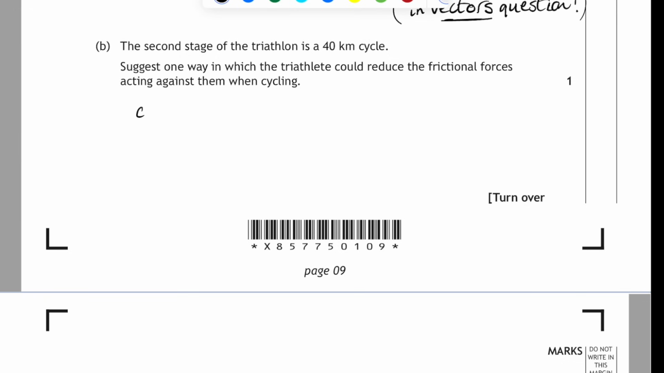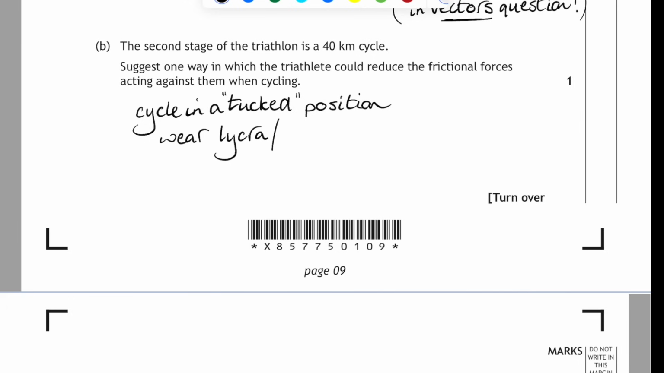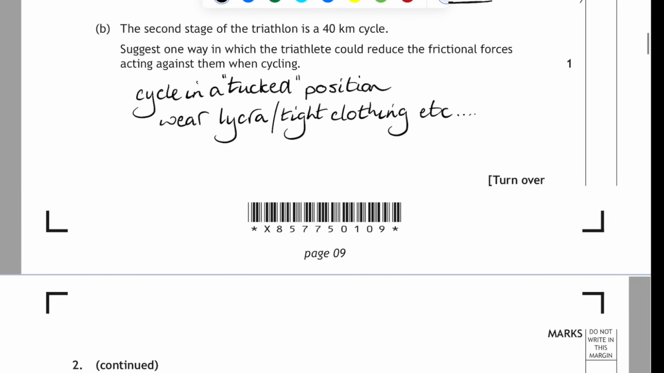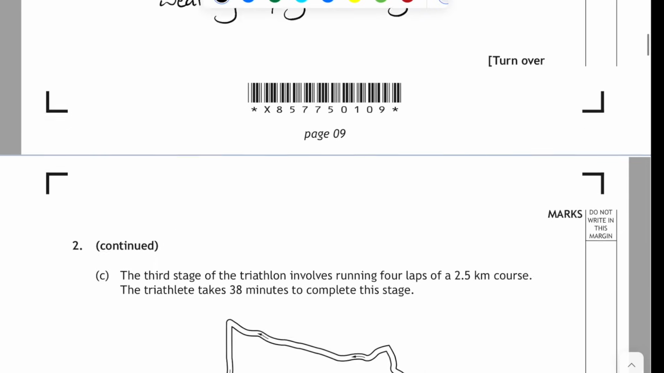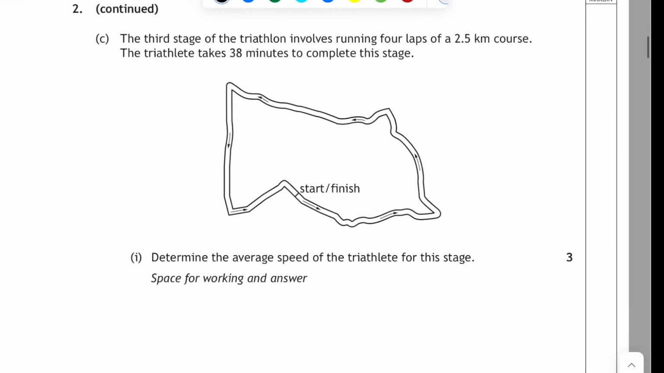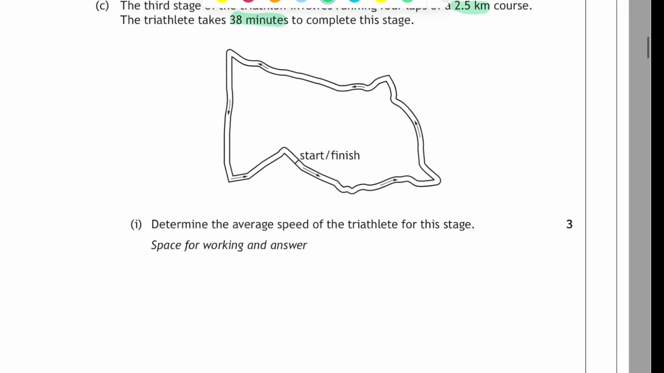Well, there's a number of things you could write here. You could say that you could cycle in a tucked position, or wear some streamlined clothing, wear some lycra or tight clothing. Anything there that would reduce the friction acting on them. In question 2, part C, the third stage of the triathlon involves running 4 laps of a 2.5 kilometre course, and the triathlete takes 38 minutes to complete the stage, and we've to determine the average speed of the triathlete